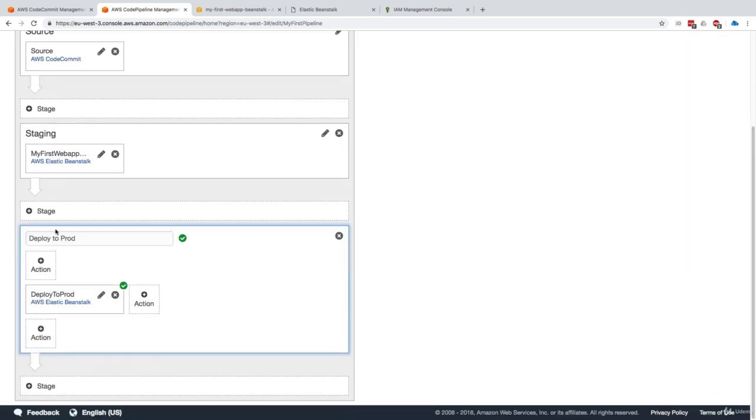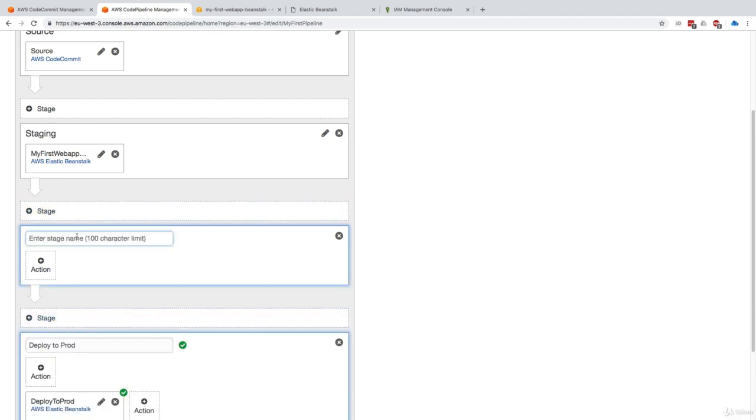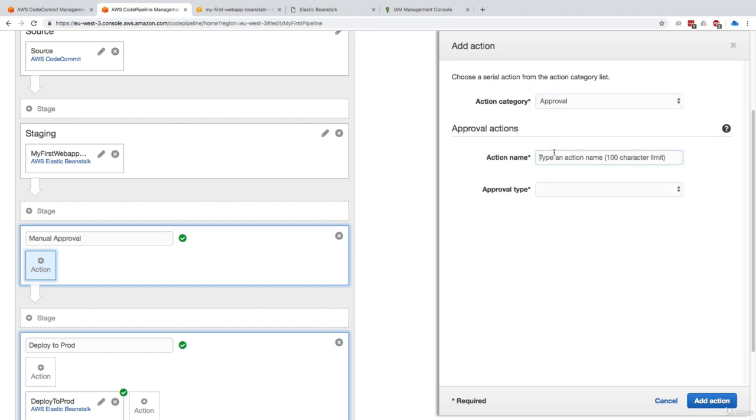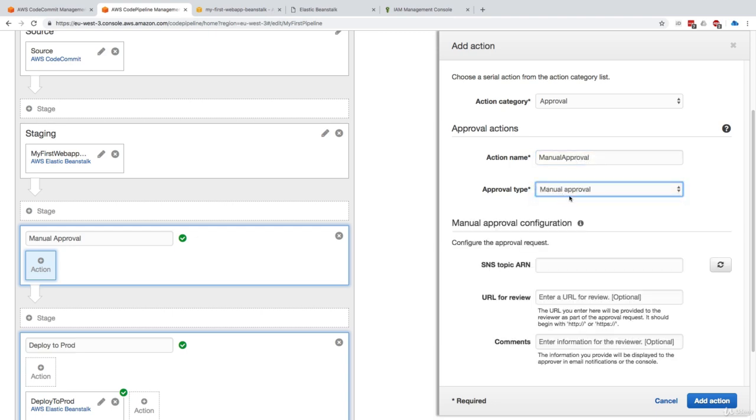And finally, just before that, I'd like to manually approve things. So I'll click on add stage and I'll call it manual approval. And here's an action. And this time I'll just say approval. And I will say manual approval. And the approval type is going to be manual.